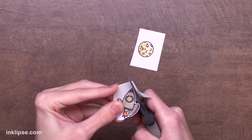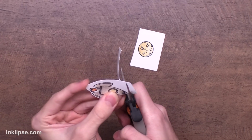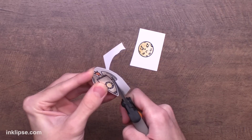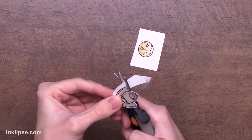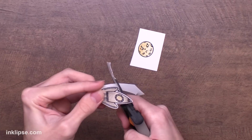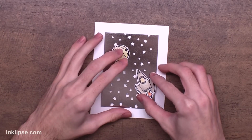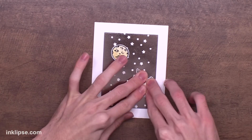Then I'm going to fussy cut these images out. Again, I'm using my Fiskars Spring Assist scissors. Guys, these are game changing for fussy cutting because they spring back out at you so your hands won't get tired, and also they've got a nice fine point tip so you're able to get into some of those littler details. Then I can add those down onto my card using a little bit of foam tape, make a little scene here,